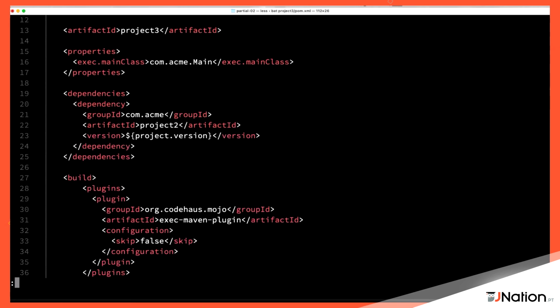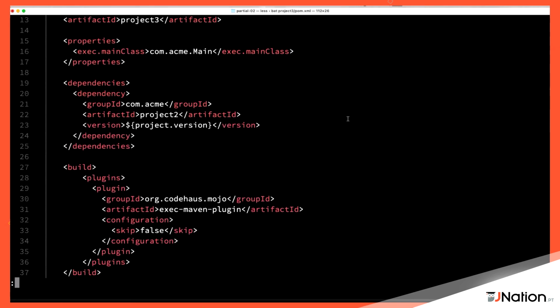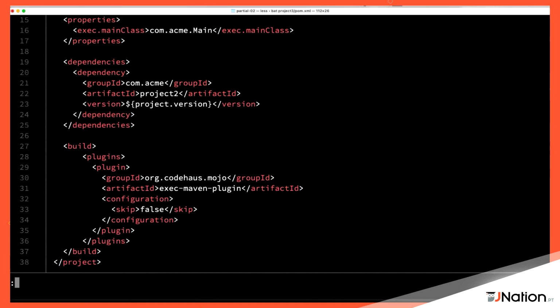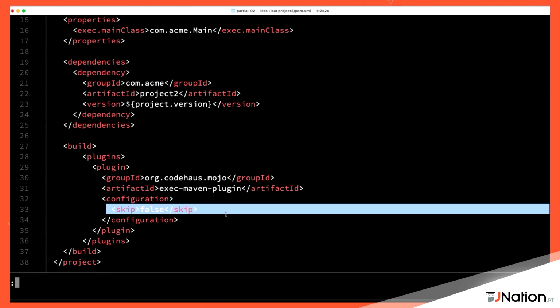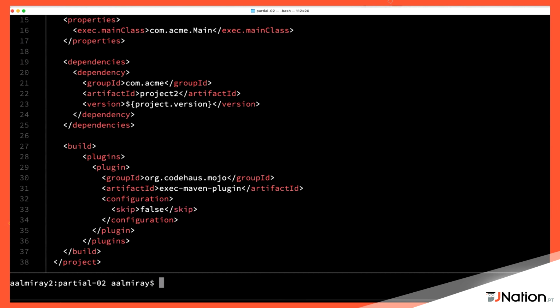I think you could define exec skip equals false here, but you could also do it this way. When you explicitly define again the plugin, notice that we don't have to define the version. Why? Because it's coming from the plugin management block that is defined in my parent. But I do have to say skip false. This means that now the plugin can be executed.